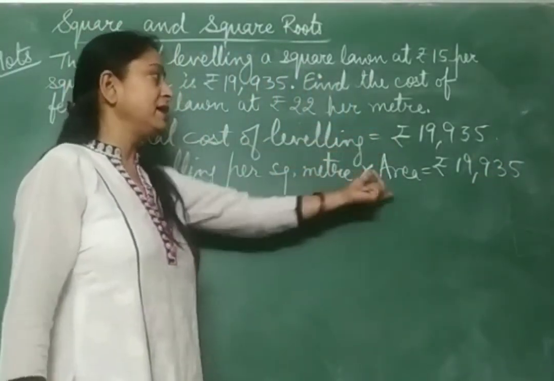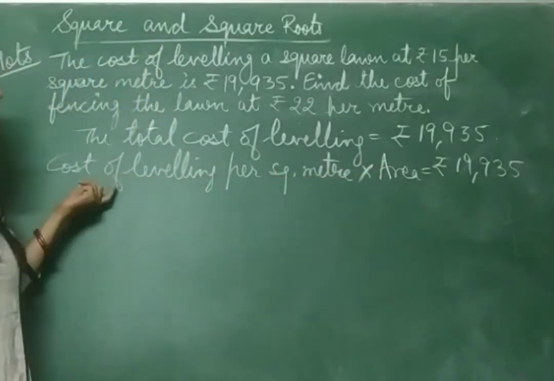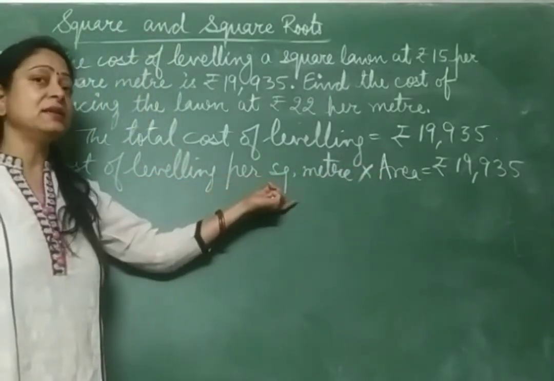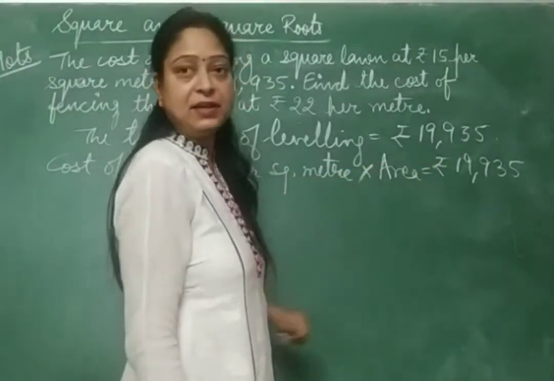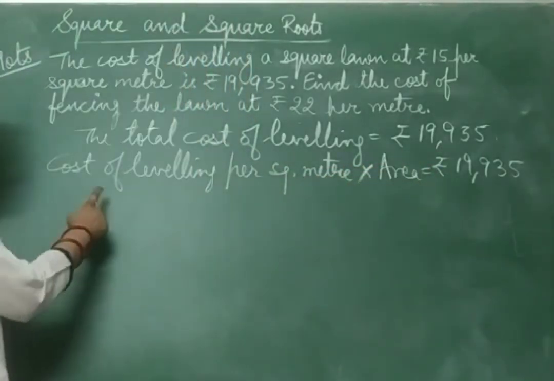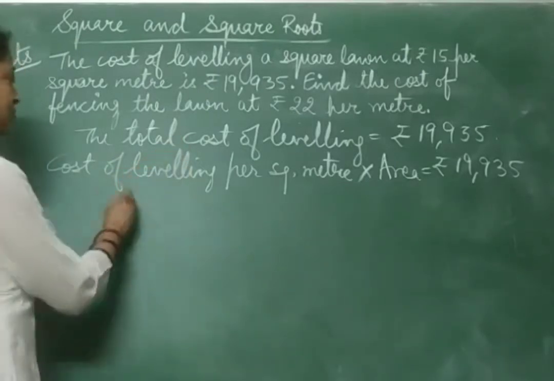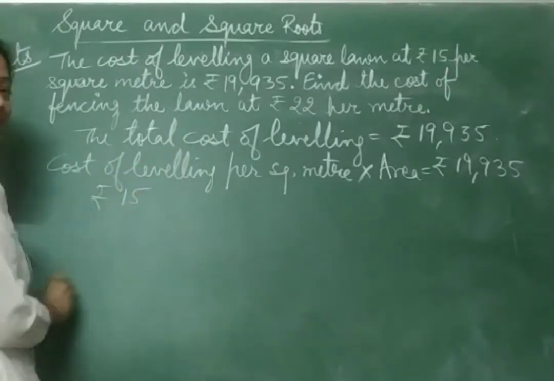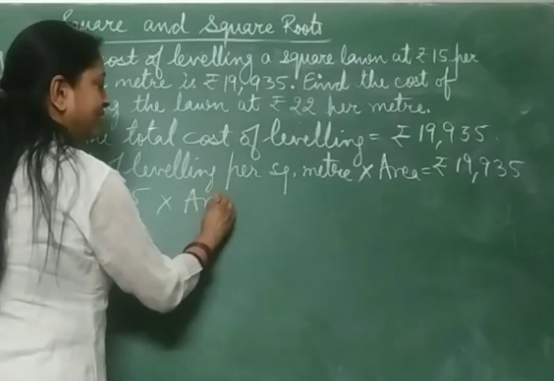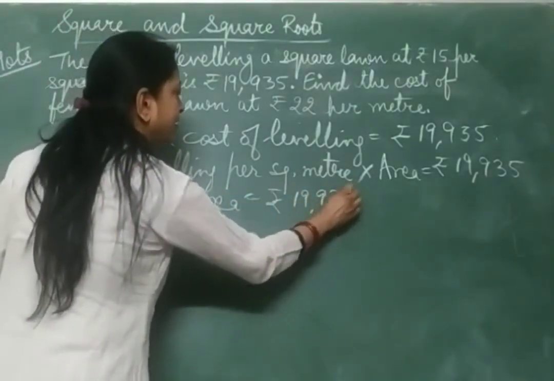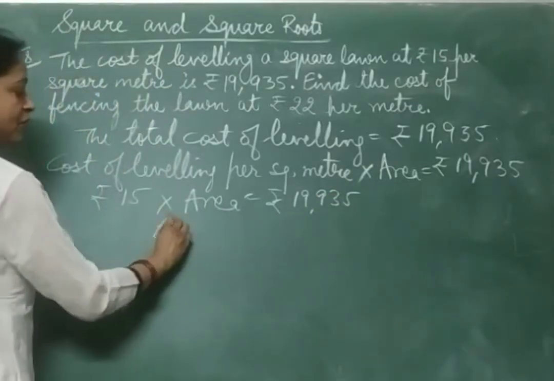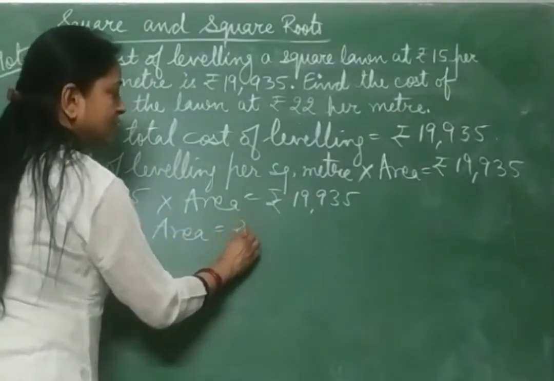हमें टोटल एरिया को cost of leveling per square meter से multiply किया होगा, then we get the total cost of the leveling. And we already know the cost of leveling per square meter is rupees 15 multiplied by area is equal to rupees 19,935. So we come to know that area is equal to